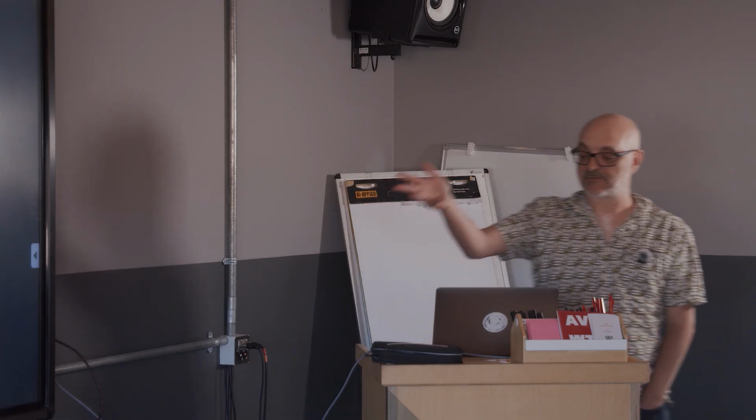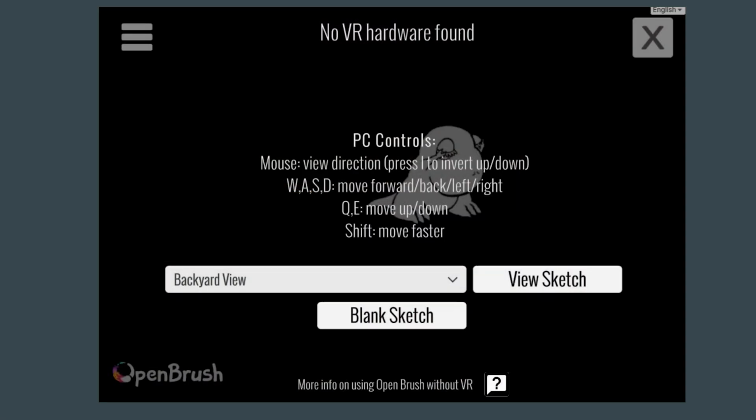I mentioned that we also run on, if you haven't got a headset, this is what you see if you run OpenBrush. If you download it and run it on your Mac or your PC and you haven't got a headset, you'll see a not very good UI, but if you pick a sketch, it'll load it up and you can explore it. So we do cater to the many people that don't have access to VR hardware.